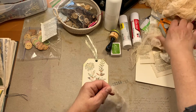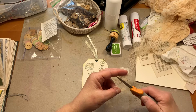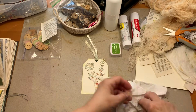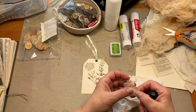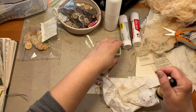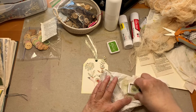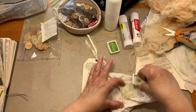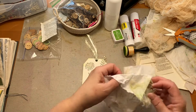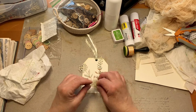Yep. Got it right there. And we're just going to zhuzh it up a little. Maybe do our little instant dye. If something isn't the color you want it, change it. Think outside the box. Okay, so I'm going to